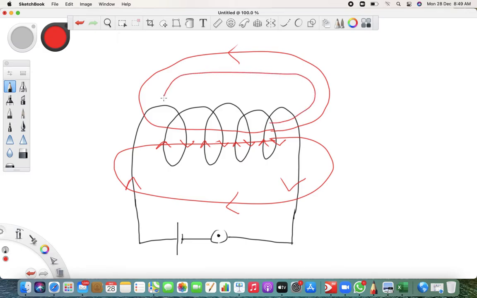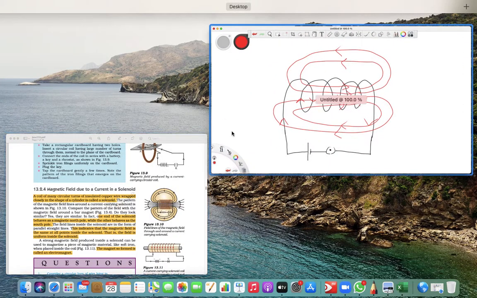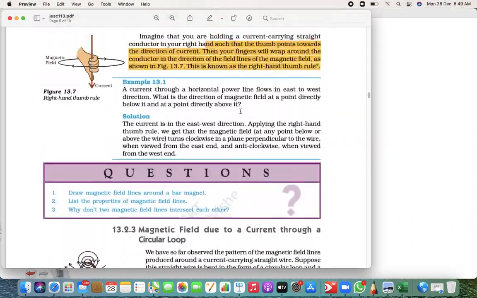Likewise there are many coils, so the magnetic field keeps on going like this. And finally, as you see, this magnetic field actually looks like the magnetic field of a permanent magnet. Observe this, don't you observe? This will become the magnetic field of a permanent magnet.